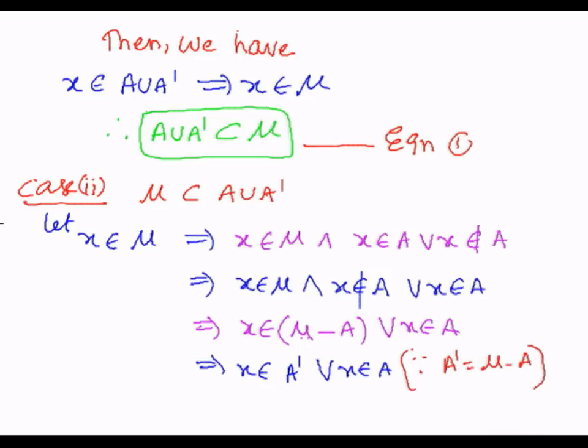Then the next logical step will be: that implies, since x is present in A dash or x belongs to A, we can write it as, per the definition of the union of two sets, that is A dash and A, x belongs to A dash union A. As per the commutative property, we can write A dash union A as A union A dash. So from this it is clear that x belongs to μ implies x belongs to A union A dash. Whereas in the next logical step,